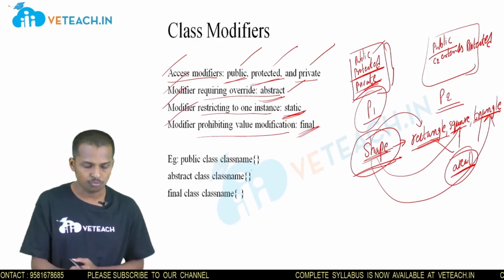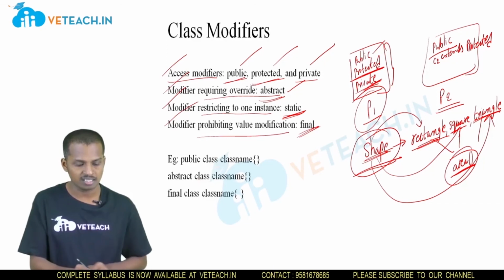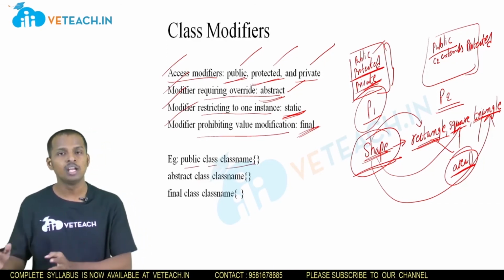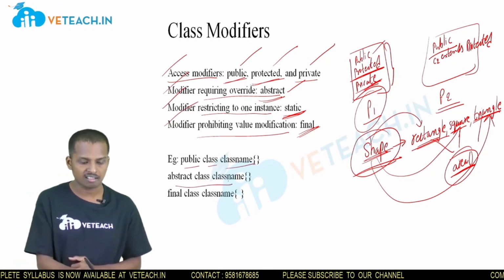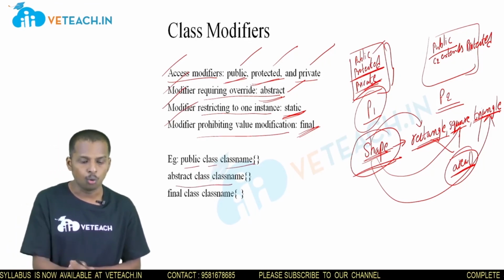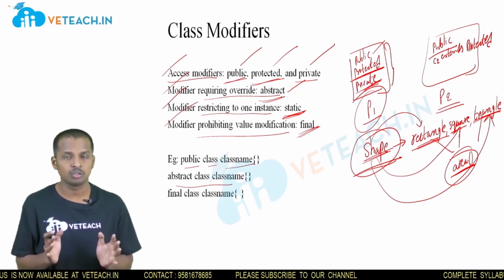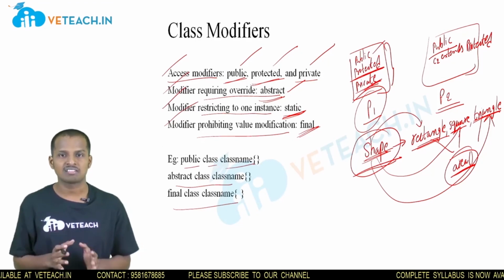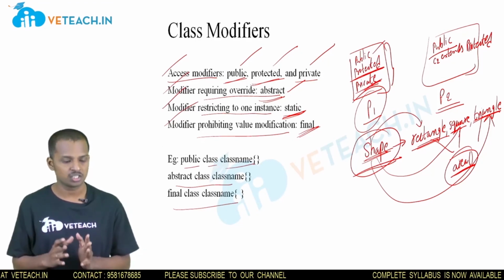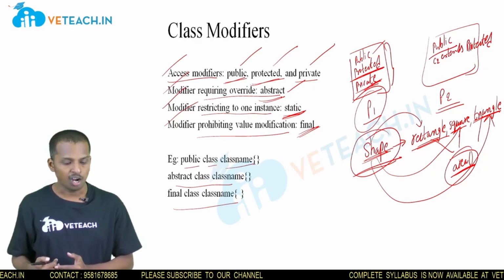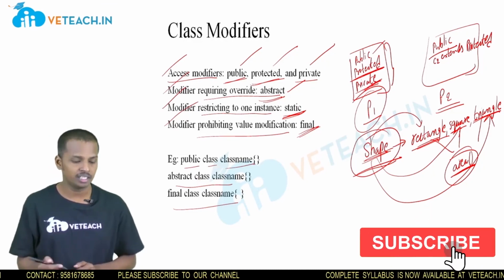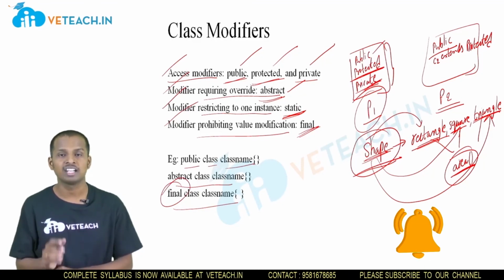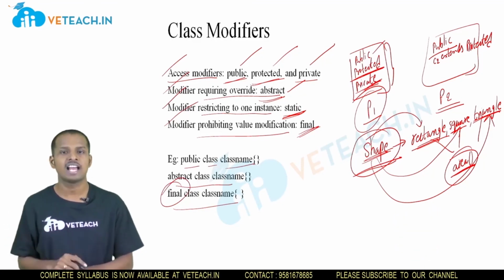So the syntax for writing access modifiers with class name is public class name. Public makes it visible to everyone. Next, abstract class name, which provides overriding functionality if it is going to have an abstract method. Final class name: the class definition will be fixed. It cannot be changed in the entire program. All the predefined classes are declared using final. That's why we cannot use predefined class names as user defined class names. Thank you.